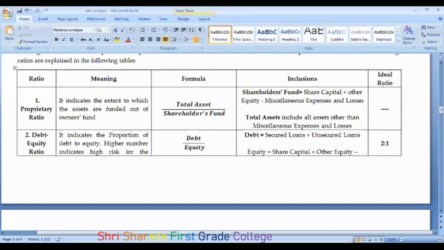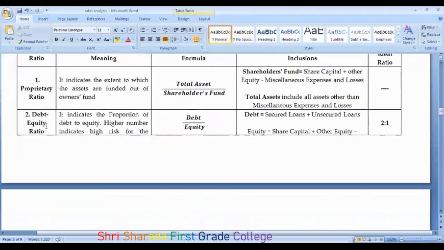That will be deducted, and there is no ideal ratio here because it is a proprietary ratio, which is the owner's capital or the owner's fund, so you don't get any ideal ratio. Okay, because they are the real investors and you don't want to find out again the financial soundness out of them. For that reason, you don't get any ideal ratio for the proprietary ratio.